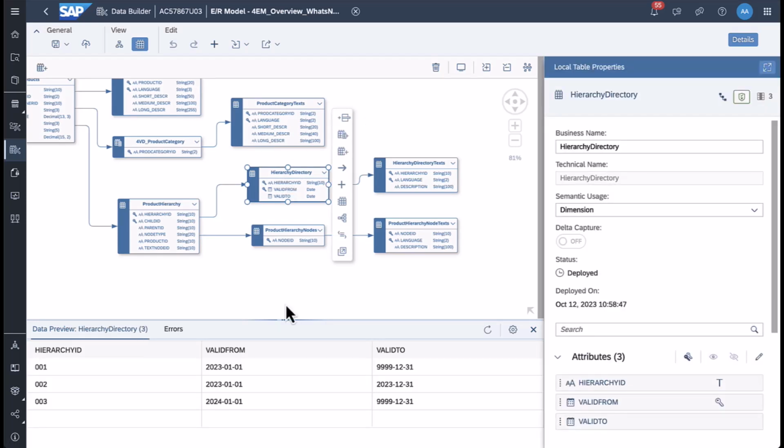Here we have 3 hierarchies, and out of these 3 hierarchies, they have different validities. We haven't seen this in the demo. I'll come back to this later. So hierarchy 1 is valid forever. Hierarchy 2 is valid until end of 2023, whereas hierarchy 4 only starts being valid in 2024 until the end of